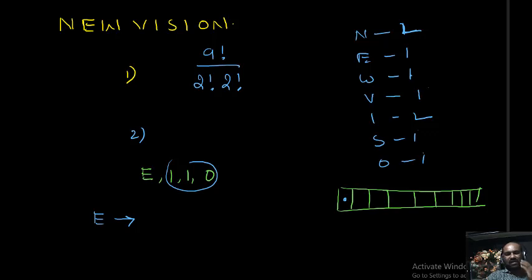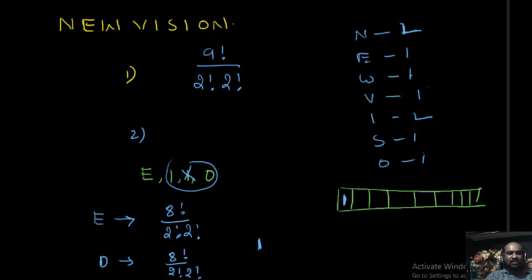So these 8 boxes you can fill in 8 factorial by 2 factorial for the I's and 2 factorial for the N's. What I can say, there are 8 factorial by 2 factorial into 2 factorial 9-letter words starting with E. Starting with O I want the same, that is 8 factorial by 2 factorial into 2 factorial. Starting with I, this is important: any one of the I's should be taken here.